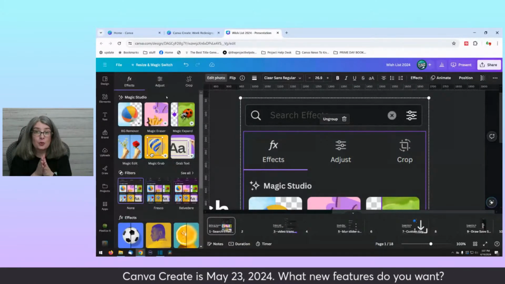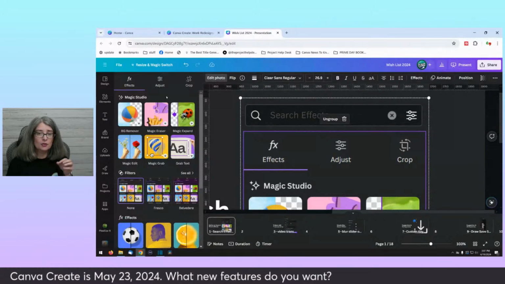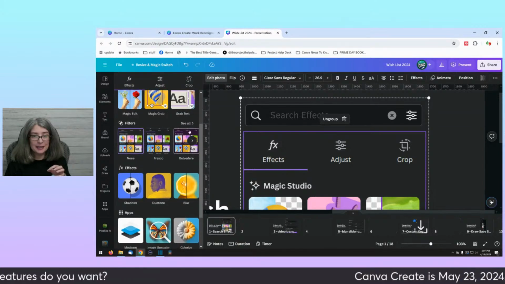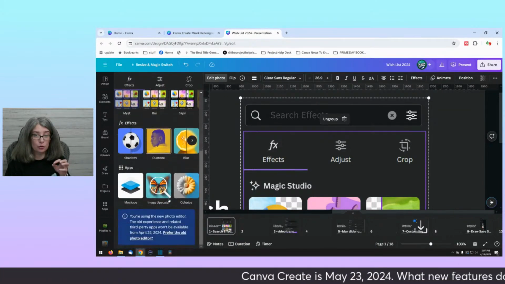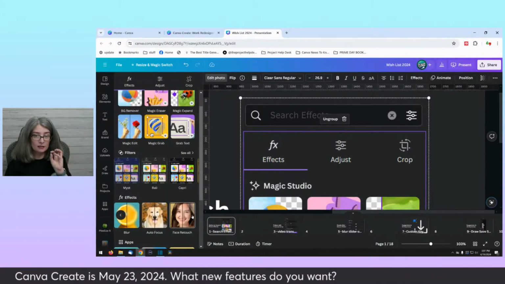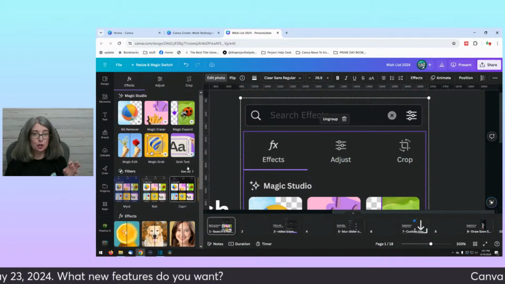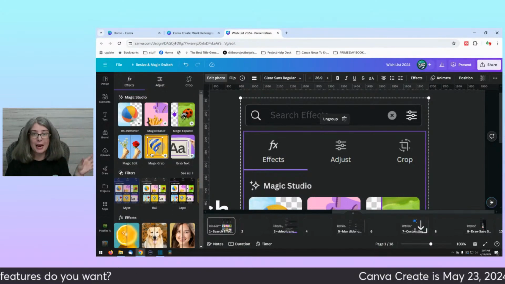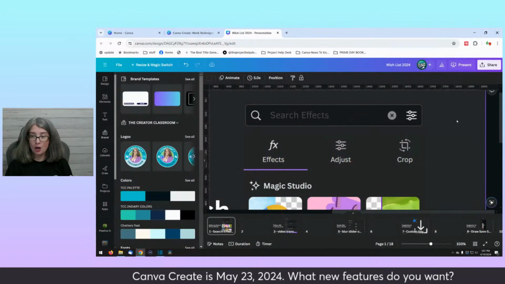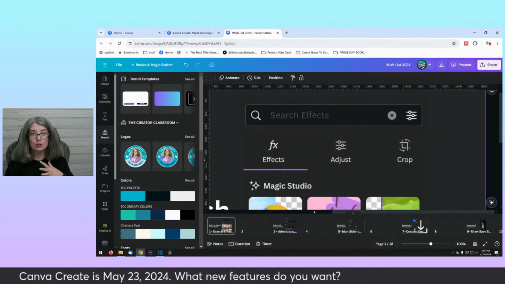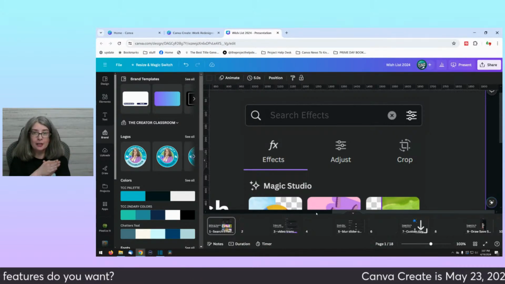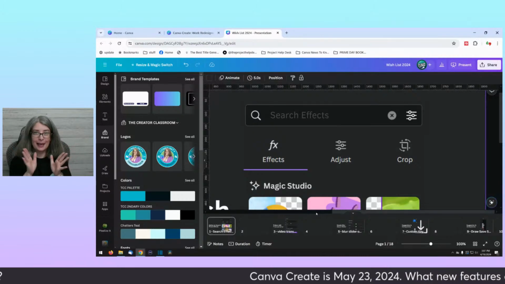I would love it if there was a search button so that I could type in shadows, or a specific filter that I would like to add, instead of having to scroll through all the filters or all of the apps located there or the FX. Like if I could type in face retouch at the top instead of having to scroll down and then scroll over, that would be fantastic. This is a huge wish, one of the 8 things that I'm really hoping will happen at Canva Create.